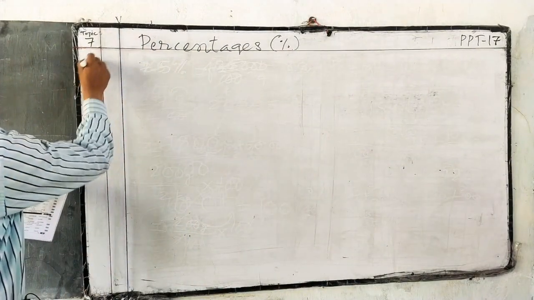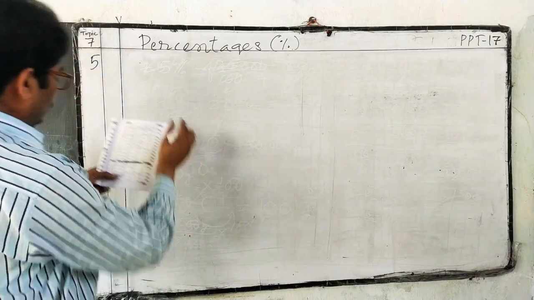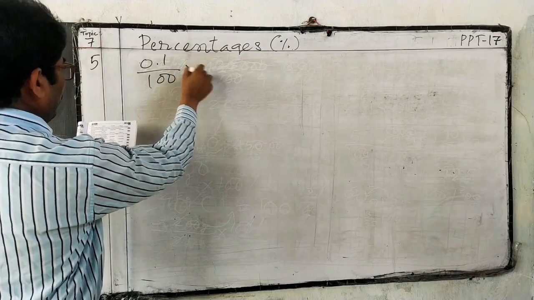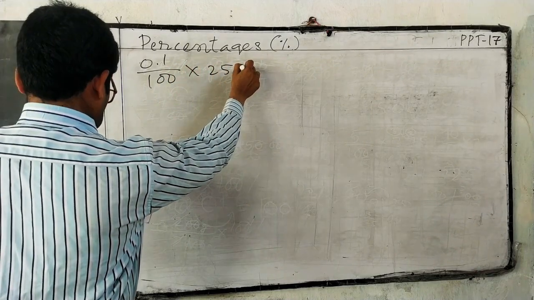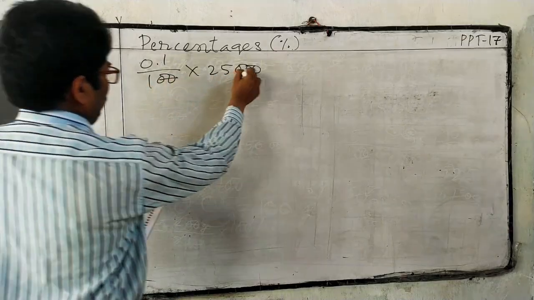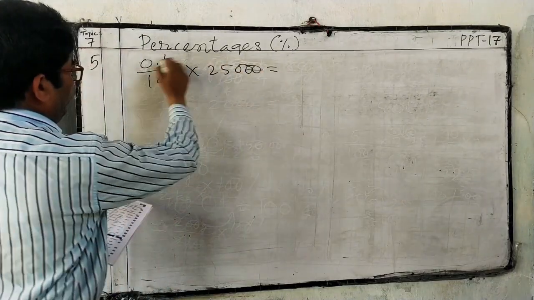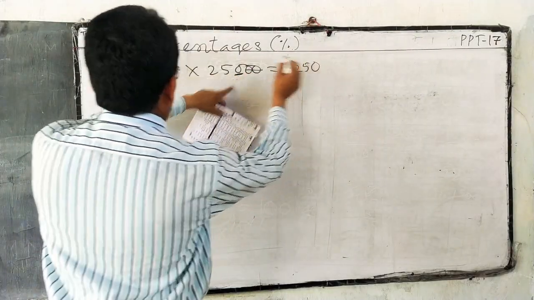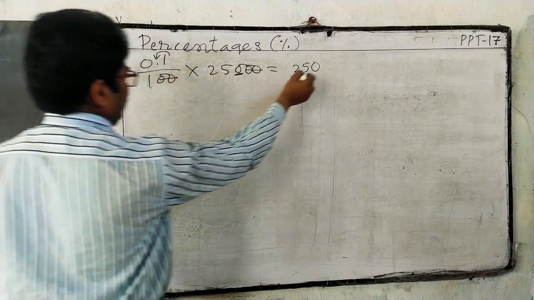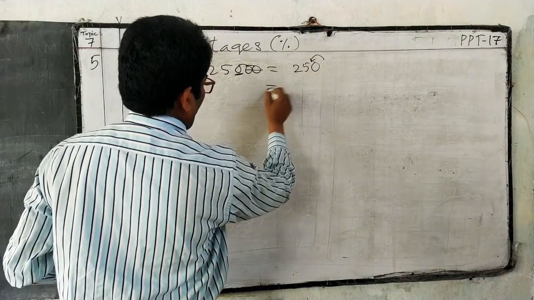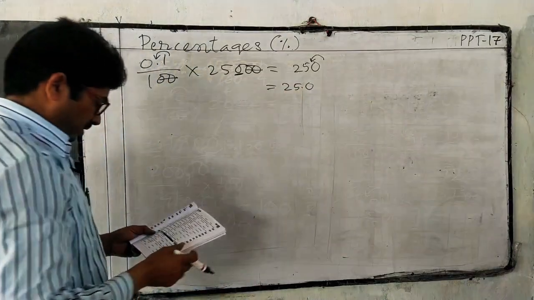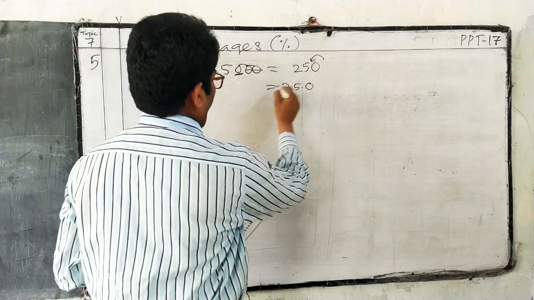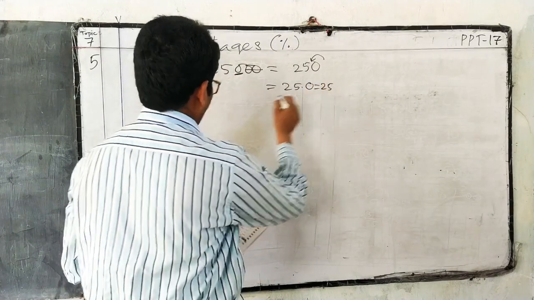Question number 5. What is 0.1% of 25,000? Percent means by 100 into 25,000. 2 zeros, 2 zeros. 25 ones are 25. And keep this 0. Then keep this 1 decimal place. So 25.0. 25.0 means 25 only. So option